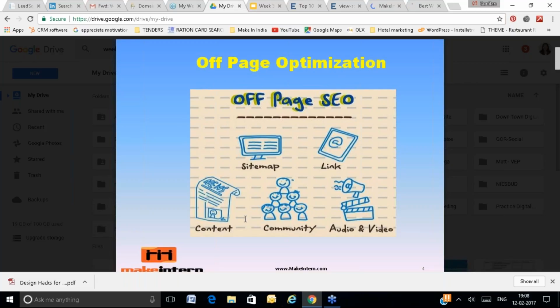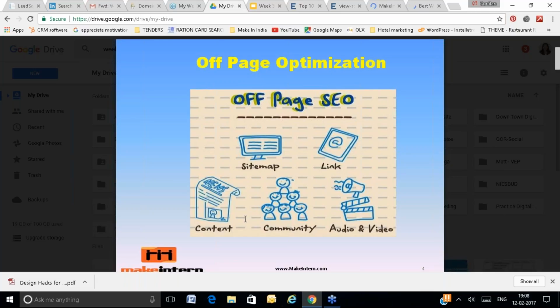But one thing you have to keep in mind: a backlink is all about placing your website link on another website. So that is not in your control. On-page is in your control. It is your website, you are optimizing your own website, so you can change anything, you have access to the code, you can make any changes. But off-page, you are trying to place your link on another website, so it depends on the other website's dos, don'ts and guidelines whether they will allow you to place the link on their website or not.